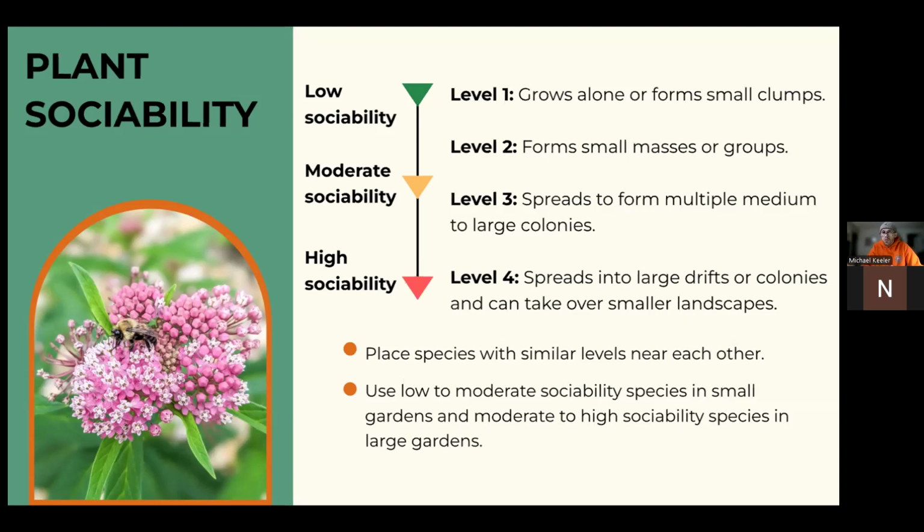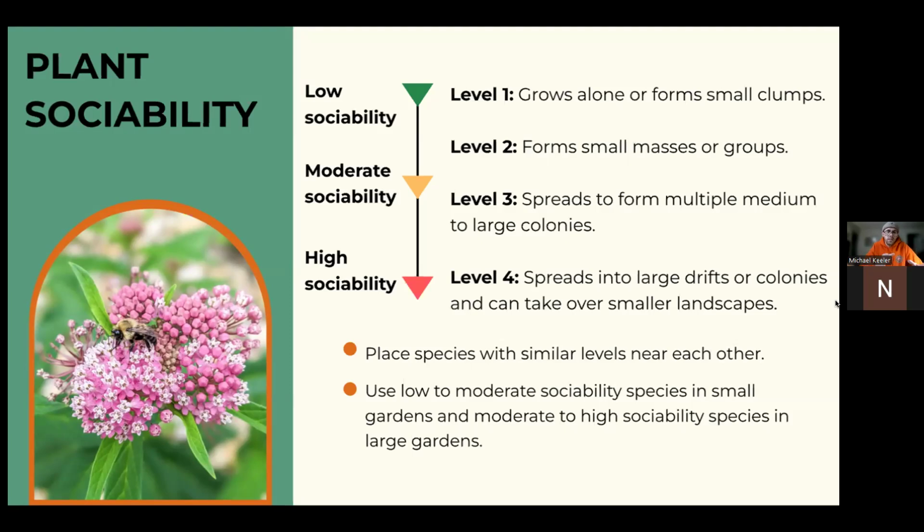And then level four. Level four are the ones that we typically want to, I don't want to say avoid altogether, but they're probably more suited for a multi-acre restoration job where you're going to be growing by seed anyways. These would be things like common milkweed. While a wonderful plant for our monarchs, it can be difficult in smaller gardens and in some residential areas. And until recently it wasn't even legal to plant or share seeds of. So it's definitely